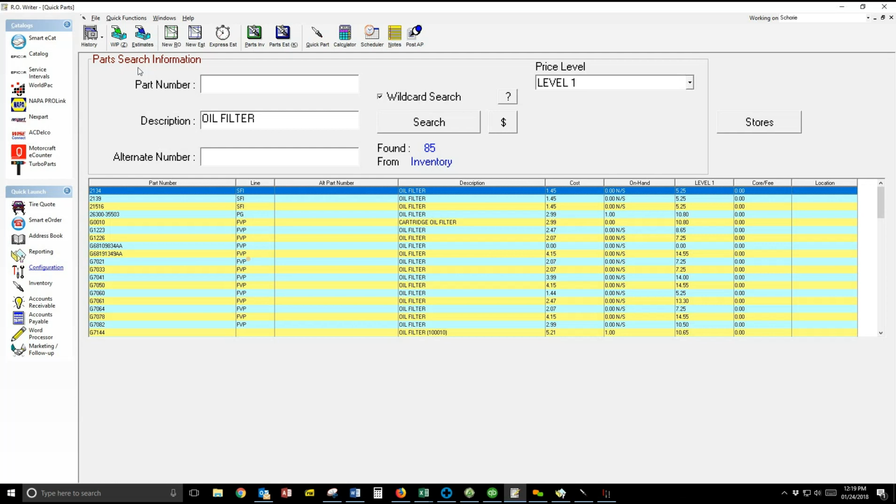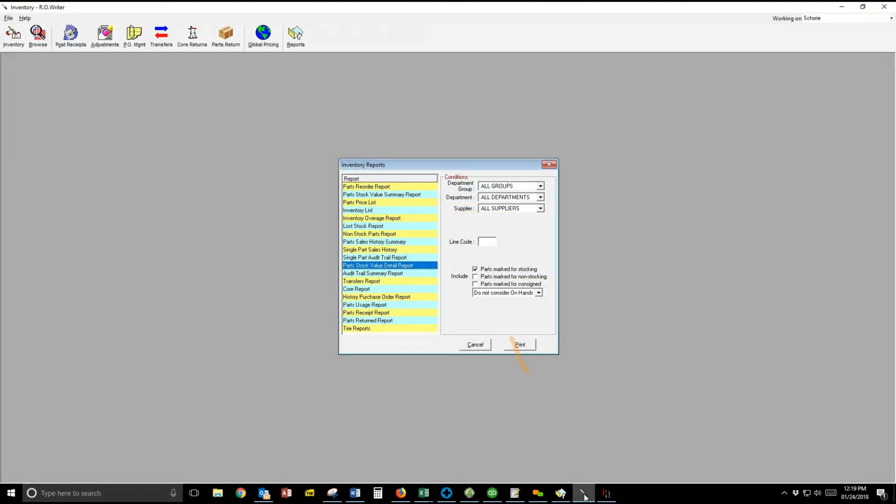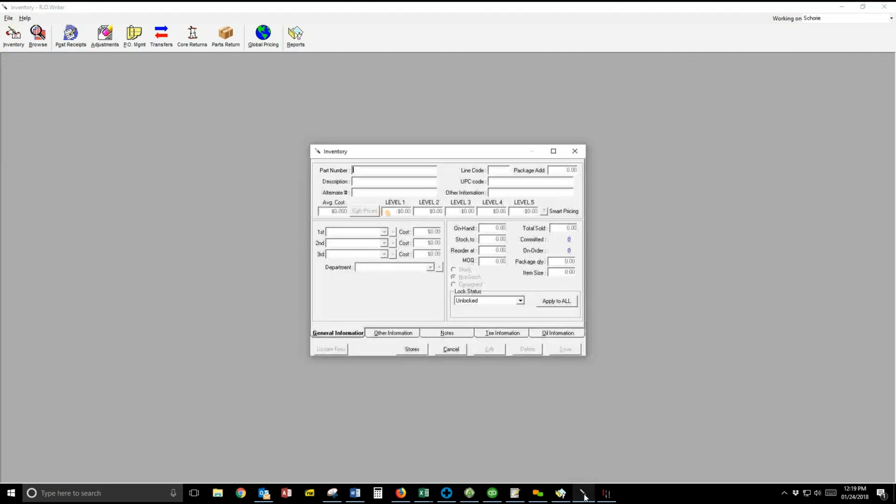So in that case, again, we can look at how easy it is to remove your non-stock parts. If those have built up over time, there's some different ways we can remove them very quickly. So again, looking up inventory through SmartyCat or just on an invoice itself. And in that case, I'm going to go ahead and jump into the inventory module. So in the inventory module, when I went to inventory and I went to view, add, edit, this is going to be